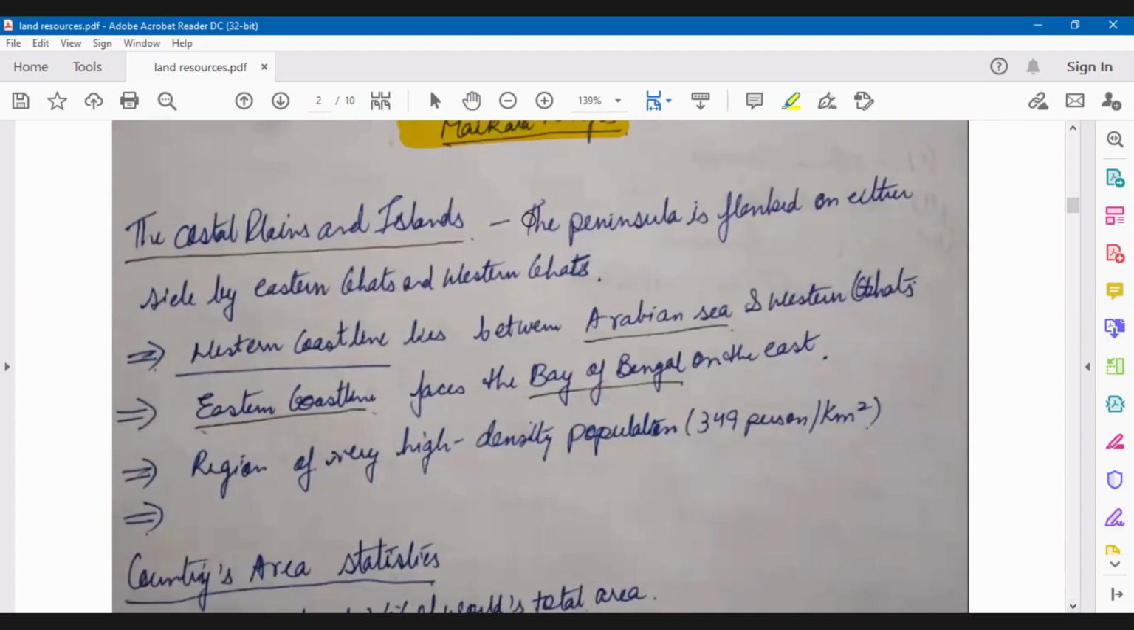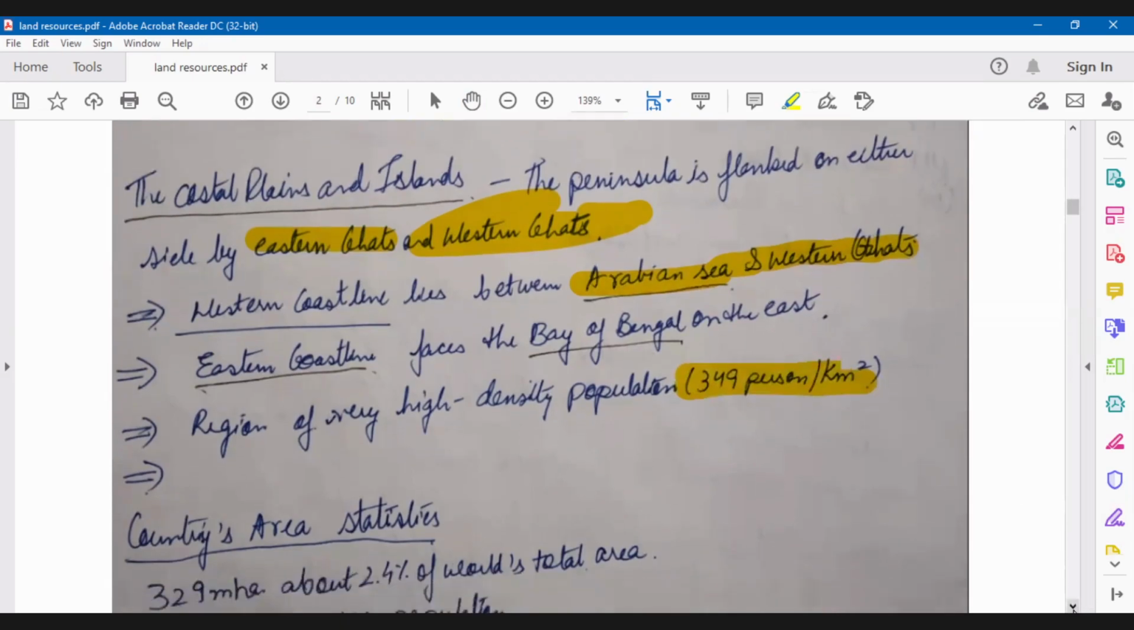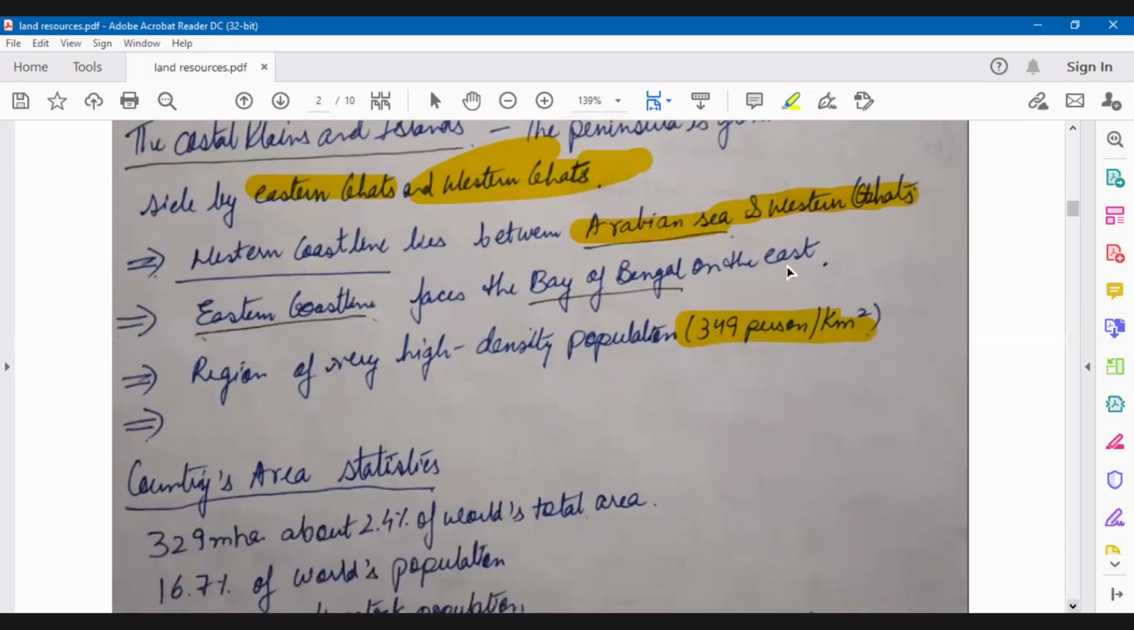Now the next is your coastal plains. So we know coastal plains means the Eastern Ghats and your Western Ghats. The Western coastline is between the Arabian Sea and the Western Ghats. The Eastern coastline faces the Bay of Bengal on the east. The region has a very high population density. This is the population density. When we talk about area,